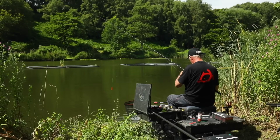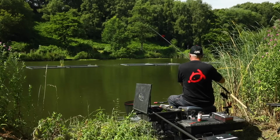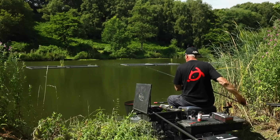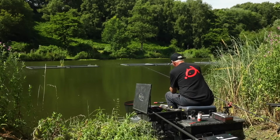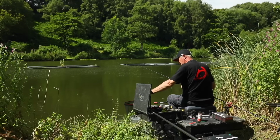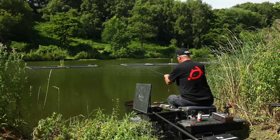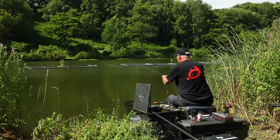I'm going to put that in the hook holder. And now I know when I plumbed up it was to the fifth eye, but I'm just going to mark it with a marker on the rod, like that, so if I want to go back down to the bottom, I've got my mark, I know exactly where to go. So what I'm going to do now is shallow off. I'm probably going to fish 3 foot deep,